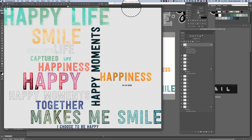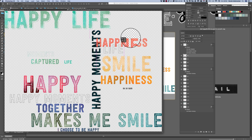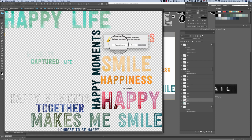change the color. You can use it for every collection you have, and yes, with the moving of the words, you can create your own kind of cloud word arts, and you can leave a word off or you can add another one. It's up to you. So this is the PSD file